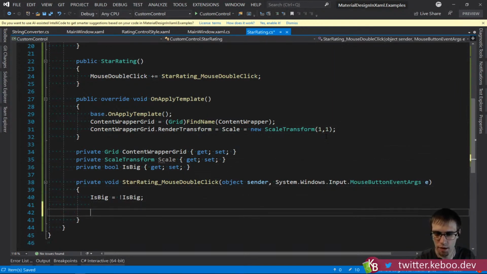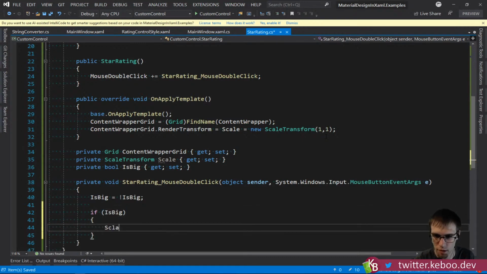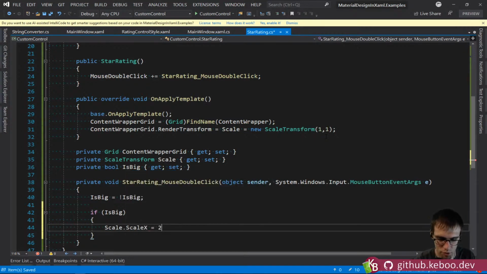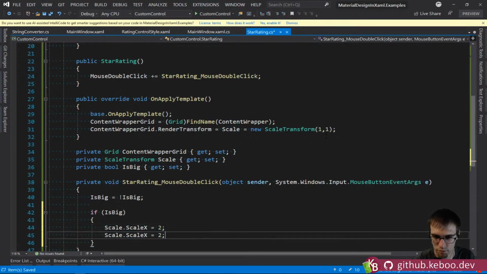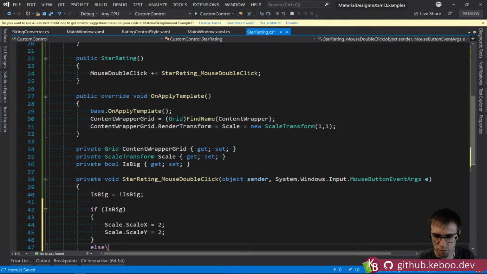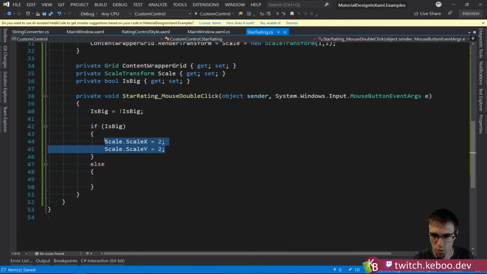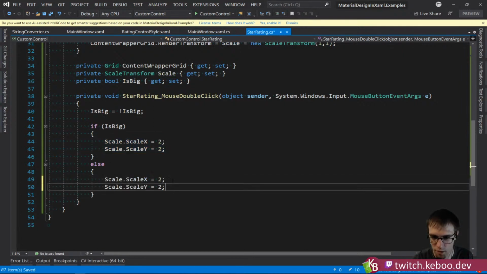So if is big, let's see, scale. Scale X gets 2. Scale Y gets 2. Else. Right, and when you double click on the thing, we'll let you make the rating control big,